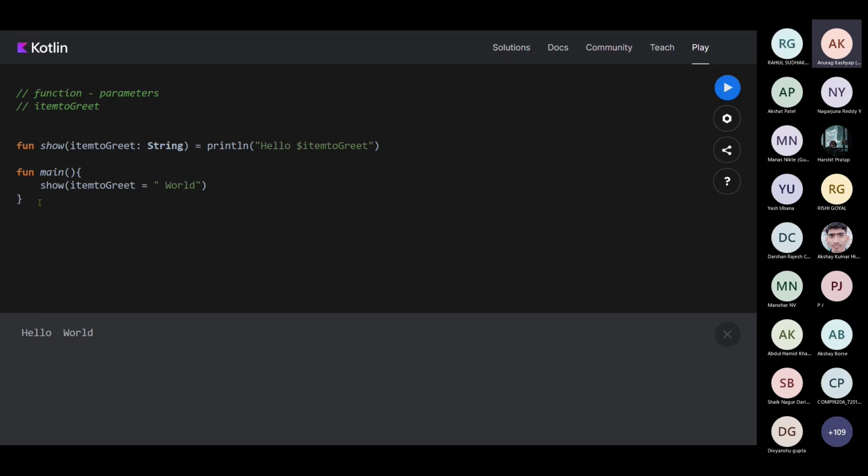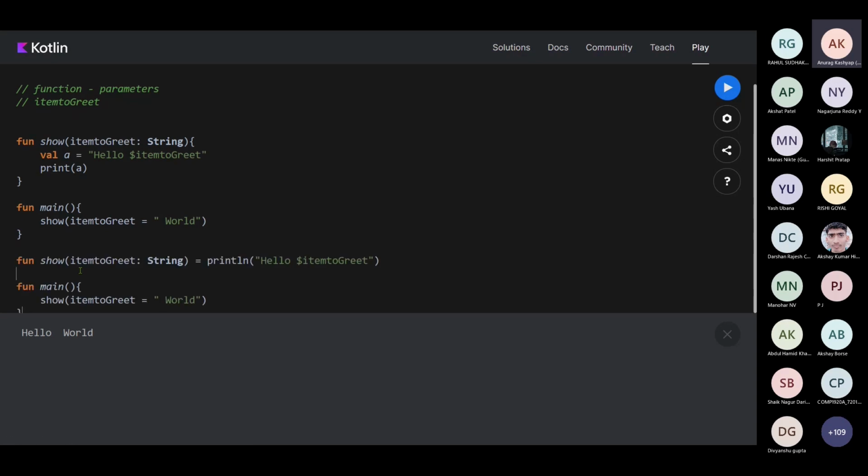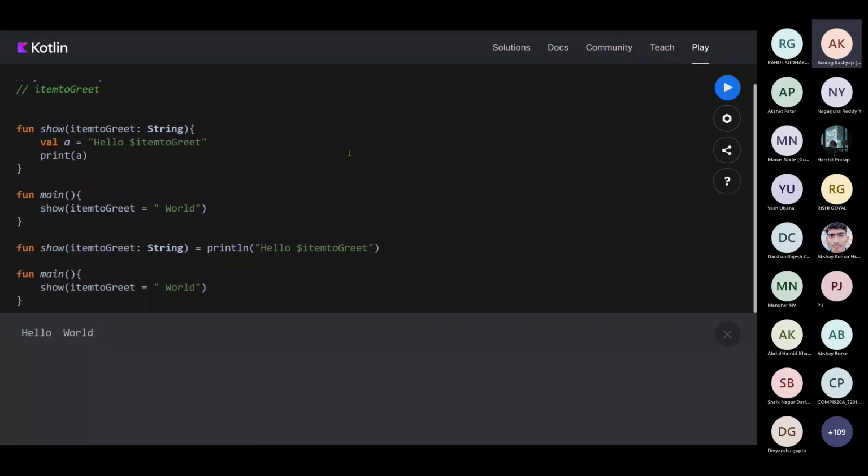Let me just copy this code and go back. So this is the previous code, and this is the new code. Over here I am creating a variable a, and inside that I am taking the value as hello.